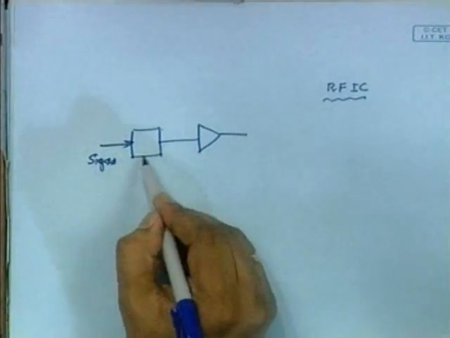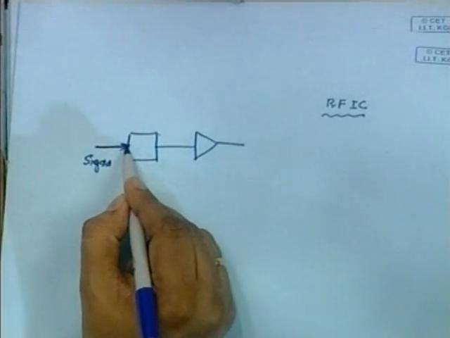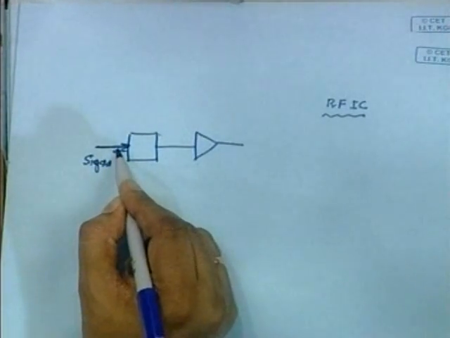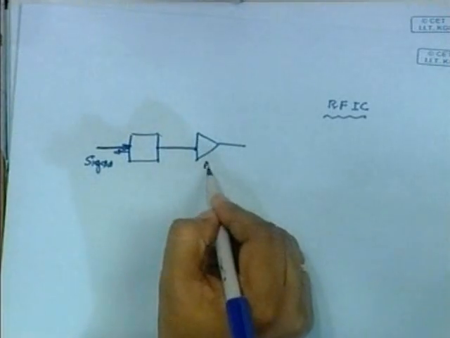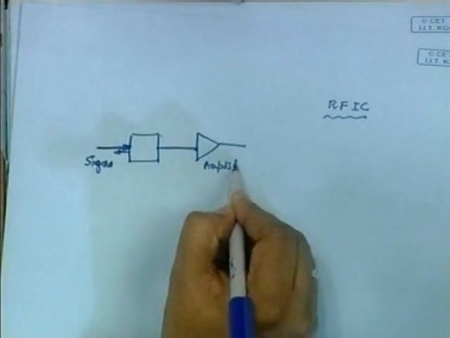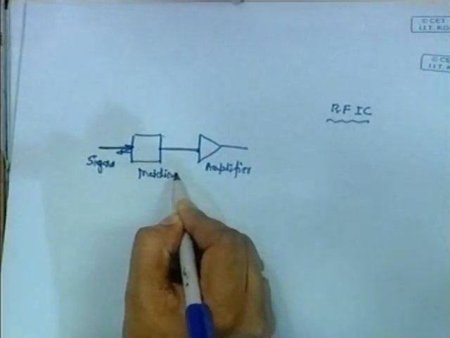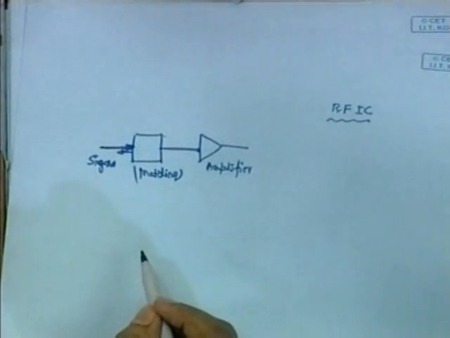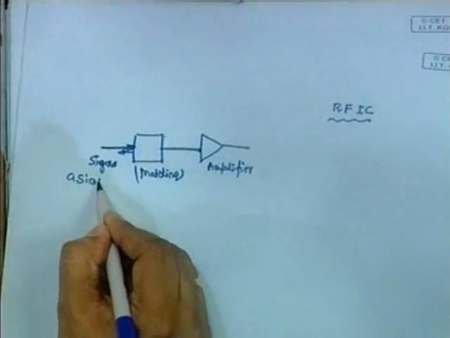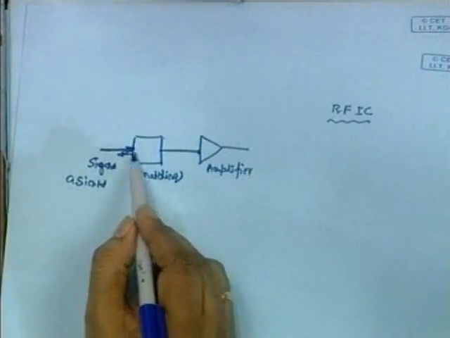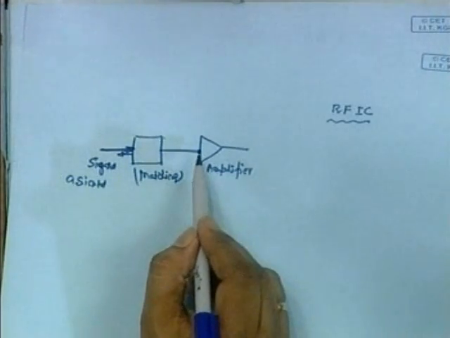So this network, if the signal is not matched, then what will happen? The signal will reflect back. It will not go to the device for amplification. Suppose this is your amplifier. So you require some sort of matching in the system. What will the matching network ensure? That the signal A sin omega t will pass through that matching network and come to the